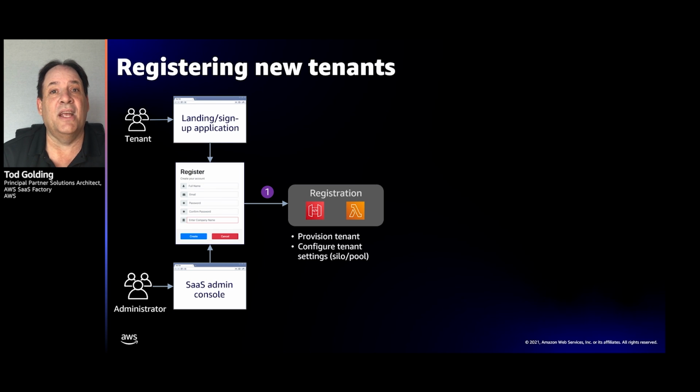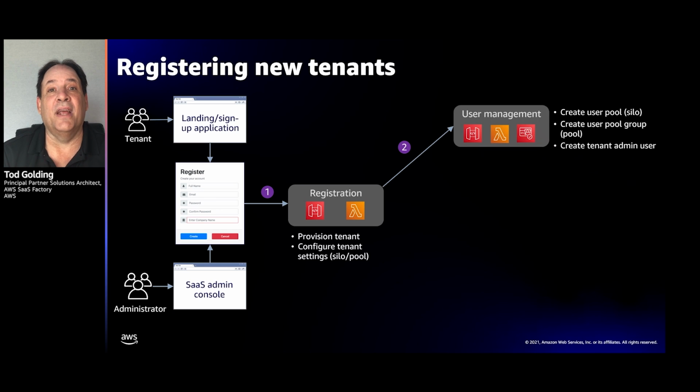So here, when I say I want to register a new tenant, we'll go out and create a new user in the user pool, in this case, Cognito. Now, interestingly, because we're showing supporting both silo and pool models, we actually have some conditional bits here, right? If you're coming in as a silo user, we're actually going to give you your own user pool. However, if you're coming in as a pooled user in one of those tiers, we're going to share the user pool amongst the tenants. And there's some orchestration that has to happen there and some configuration that has to happen there to support that. And then, of course, we're actually going to create that first user that signed up, that tenant admin user, as part of this experience.